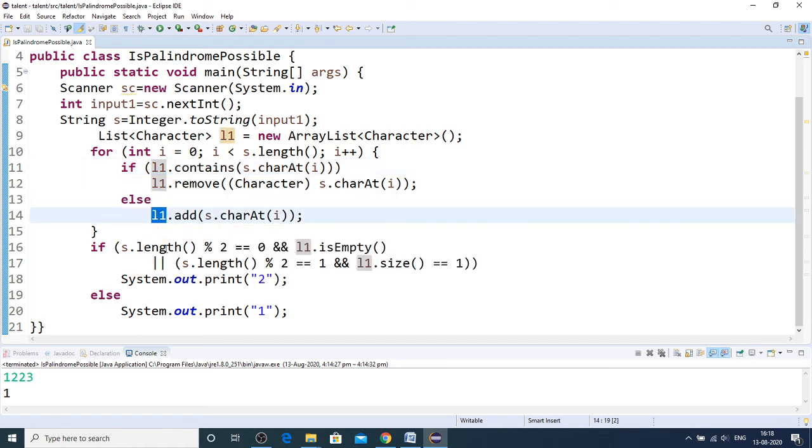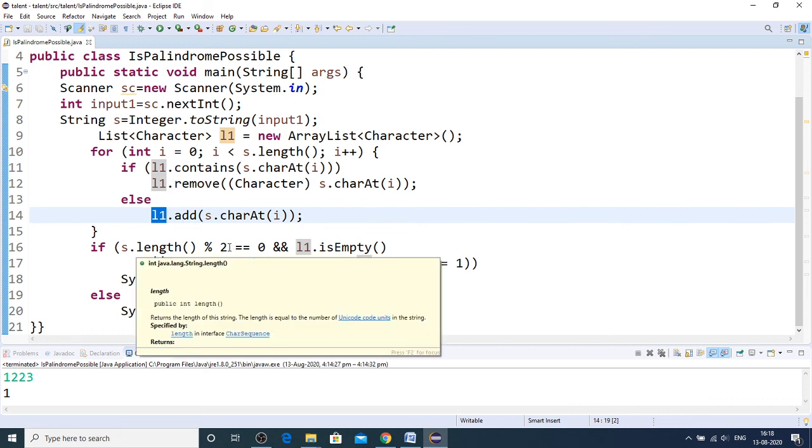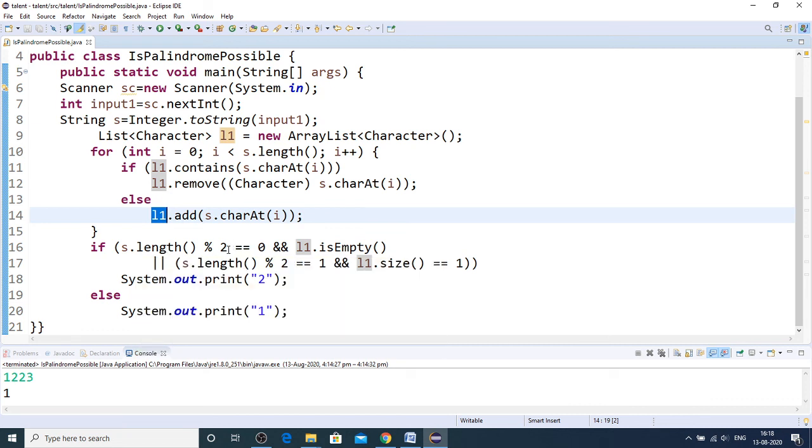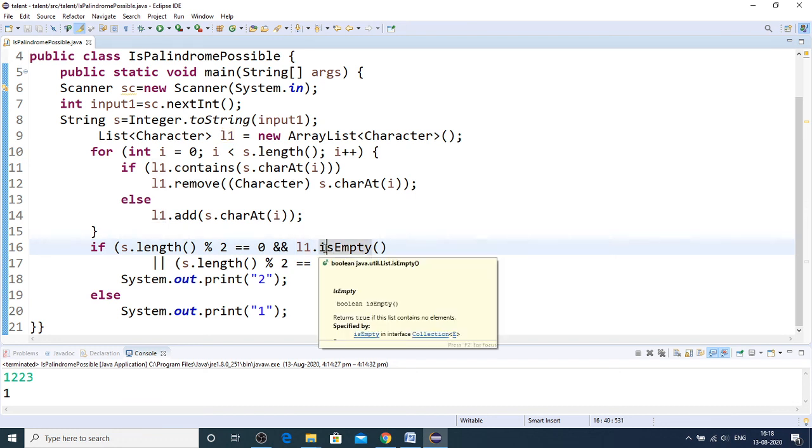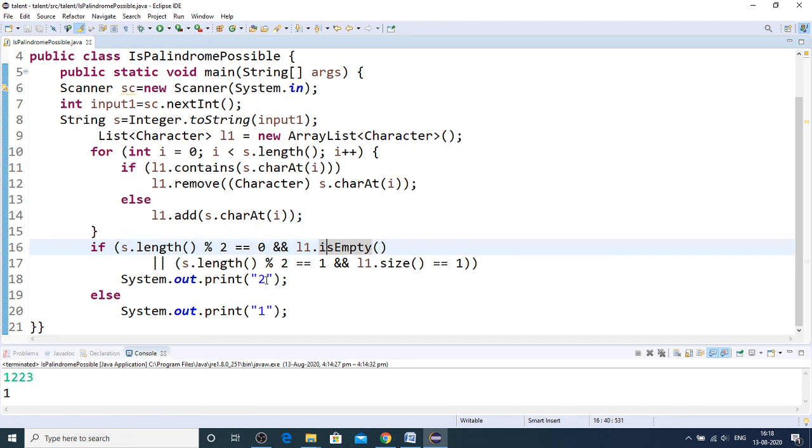And then finally checking with a simple condition that if the input given is of even length, and if the list is empty, that means everything is found in the list, thereby nothing is being added. That's the reason the list is empty. So we can just return 2.